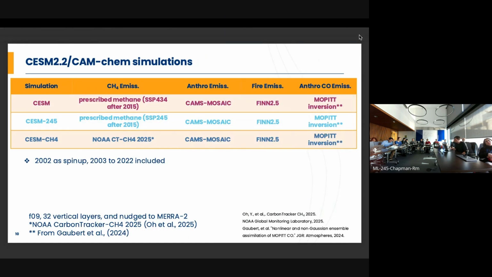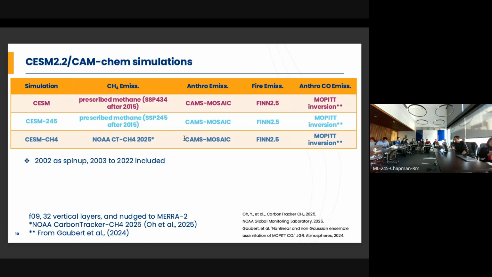So now I'm moving on to the 20-year simulation, where I'm trying to reproduce that large increase in the methane over that period. We're using 2002 as spin-up, and then we go all the way to 2023 with two different SSPs after 2015, and the NOAA Carbon Tracker now 2025,